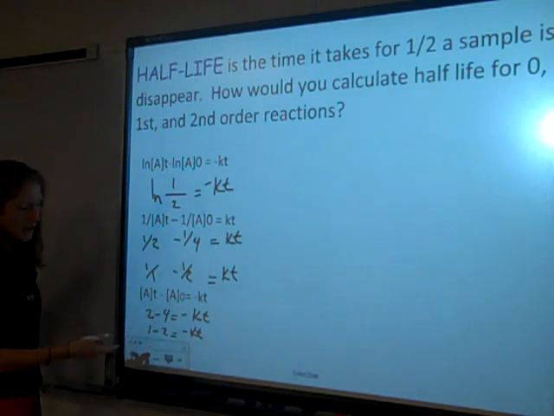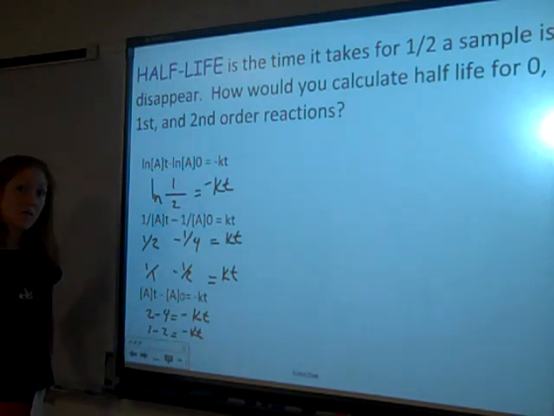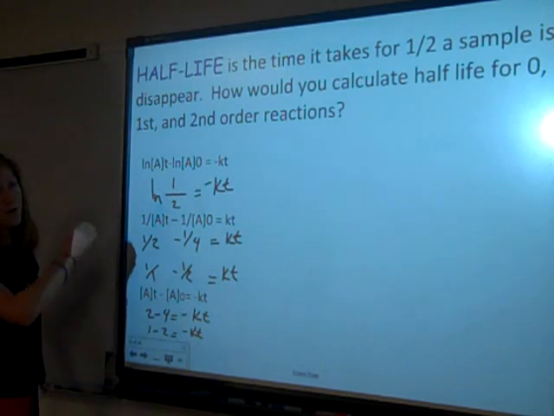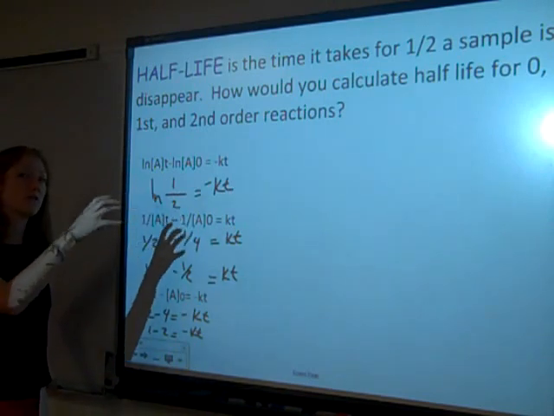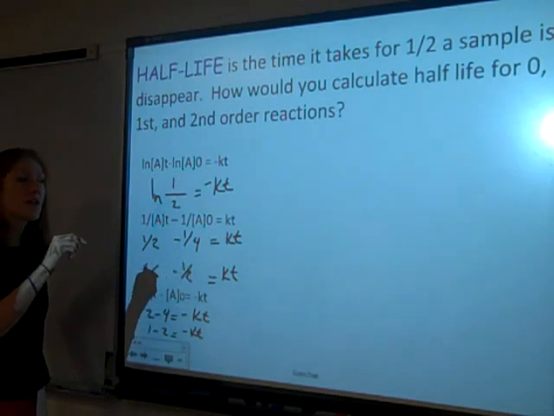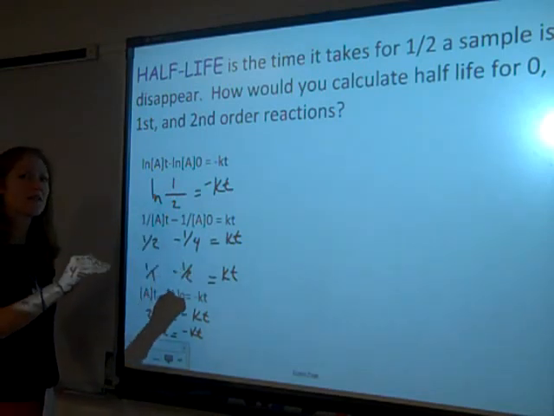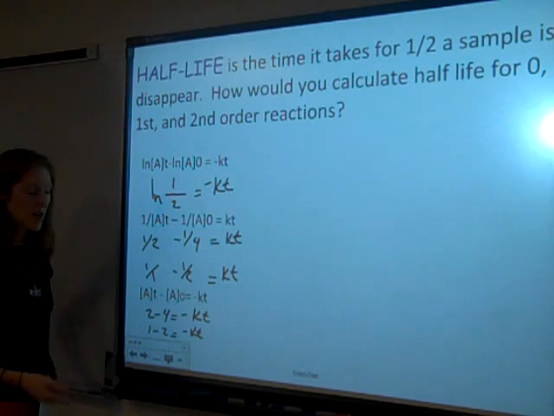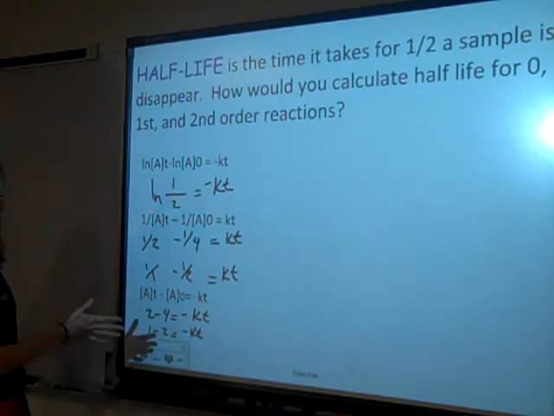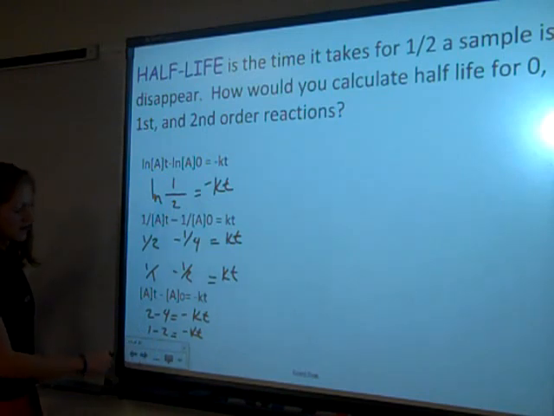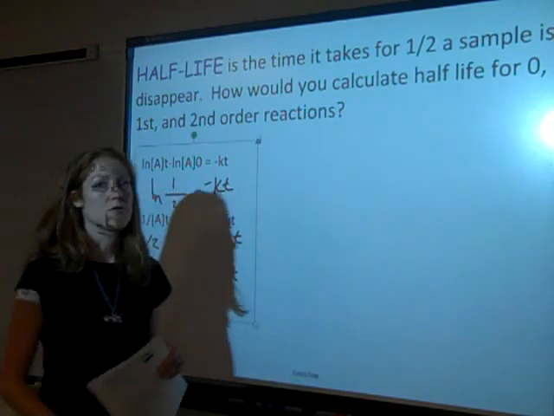And in a zero order, the concentration doesn't affect the rate. So I'm going from having 1 mole down to 1/2. That's losing 1/2 of a mole. And then I'm going from 1/2 mole down to 1/4. That's losing 1/4 of a mole. So you're using up fewer and fewer reactants as your half-life progresses. But the rate's happening at the exact same rate, so the half-lives are getting shorter.